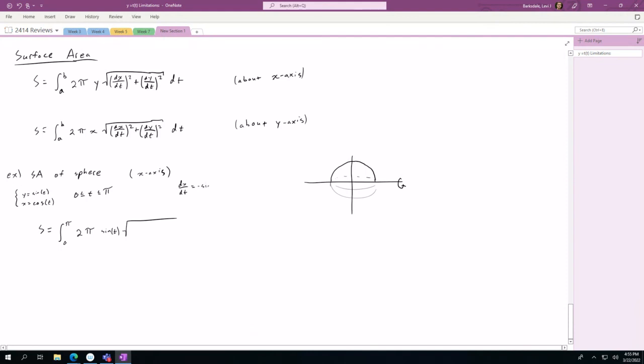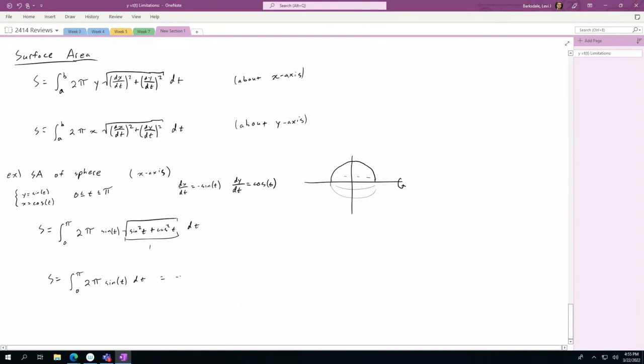Remember, dx/dt is negative sine of t, dy/dt is equal to cosine of t. So dx/dt squared is sine squared t plus cosine squared t, and then dt. And because all of this goes to 1, we can essentially ignore it. So we have the integral from 0 to pi of 2 pi sine of t,